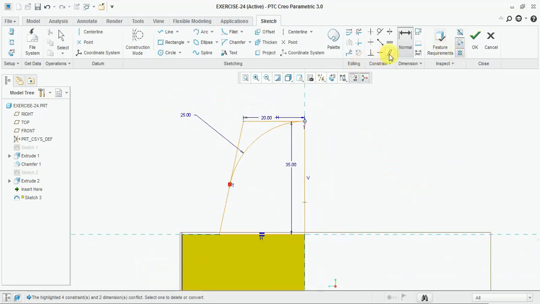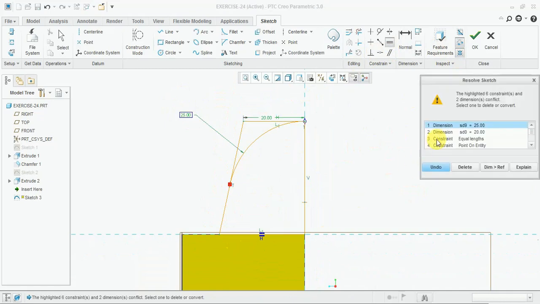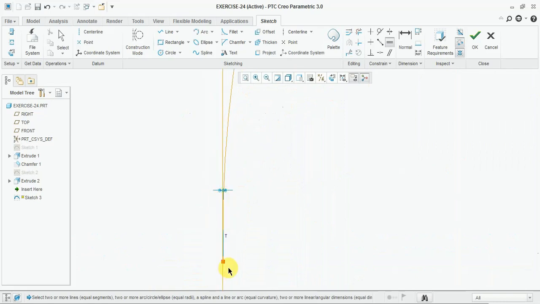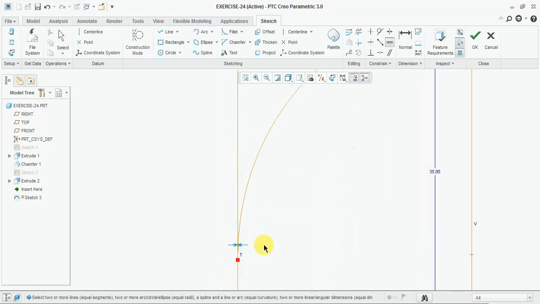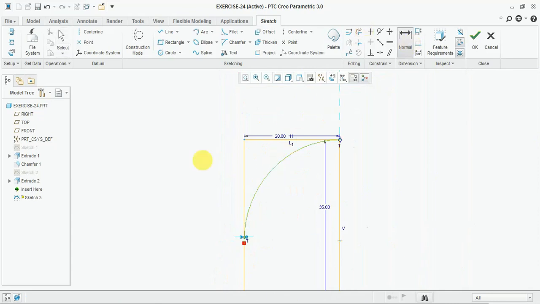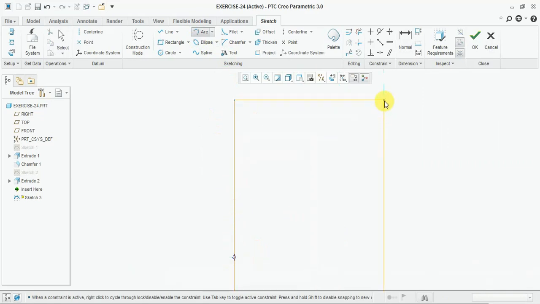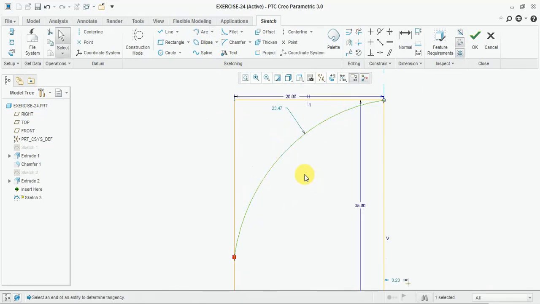Now this both is equal. Delete. The arc dimension is 20 mm. Delete this arc, draw another, 25 mm.